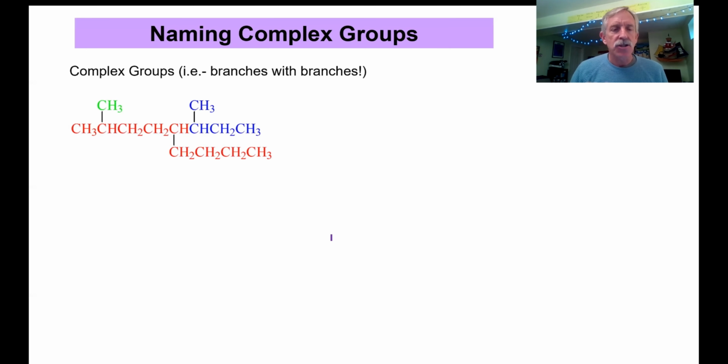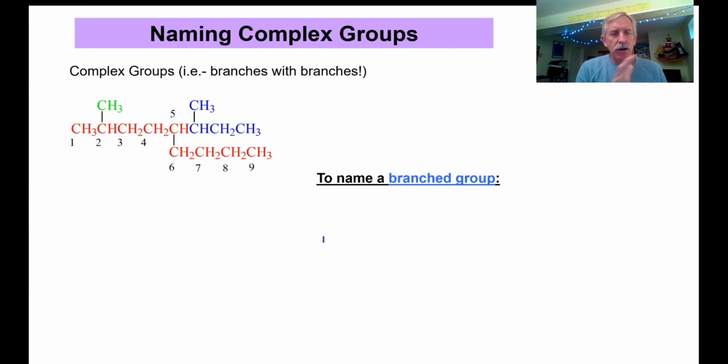Okay, so this is one possible chain. I think this is the only one that gives you 9 carbons in a row. If you tried to go in any other path, it would be a shorter chain. I think, yeah, okay. So there are 9 carbons here, and now we've got this green methyl hanging off, and we have this